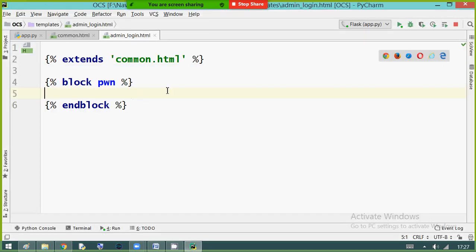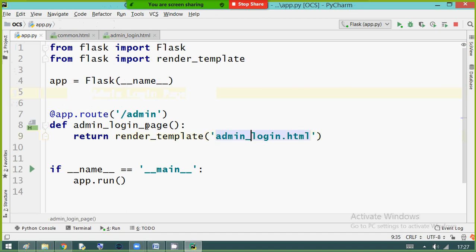So let me show you. This is the admin login page. A simple text I am writing, heading 1, saying admin login page. So whenever you run the request, the controller comes to admin. Admin calls your admin login page function.